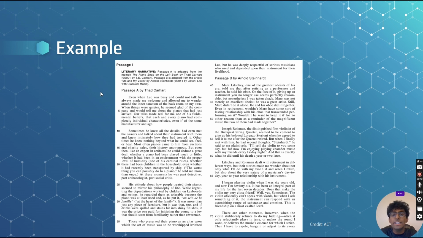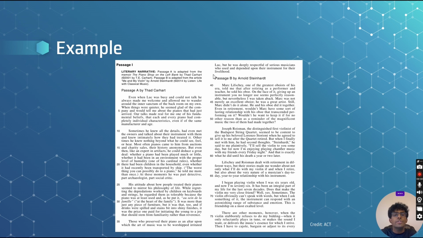But we can quickly go over and see what exactly is going on. If we focus on the first part here, we see that there's this guy named Luck, and he's allowing the narrator to go back to the back room and talking about pianos and his fundamental beliefs about pianos having different individual characteristics. And if we skim through here, he's talking about how he gets his pianos, what some rules are that he has for pianos,